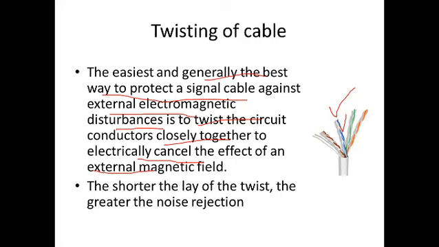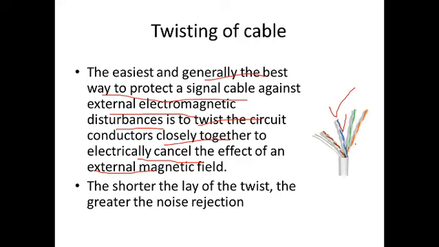Suppose you consider this blue wire and white wire. At a particular time, if the signal is picked up by the blue wire, at the next time the signal will be picked up by the white wire, because that is coming to the same phase, isn't it? So first the blue wire comes in the vicinity of the signal, then the white wire, then again the blue wire, then again the white wire. So both the wires are picking up the signals in the same amount. So what will happen? They will eliminate each other.